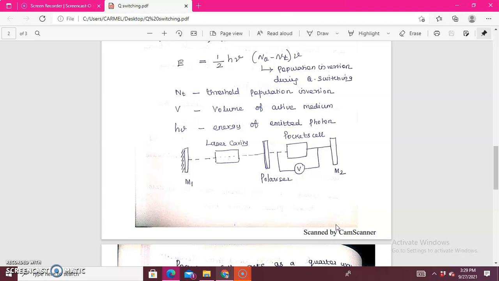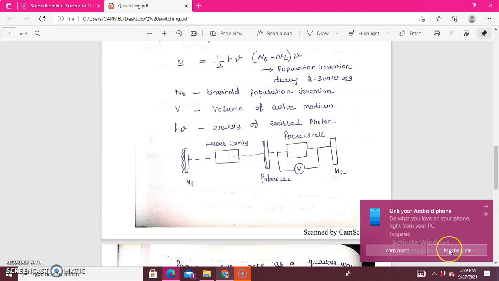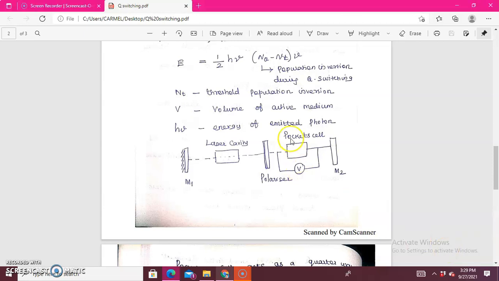The first thing is, if I am not applying any voltage across the polarizer as well as M1 and M2, what will happen? There will be no phase shift. Whatever polarized light comes across this polarizer, that is a linearizing effect. The main focus of the Pockels cell is that it will give a phase shift of 90 degrees, that is pi by 2. That is the purpose of this Pockels cell.